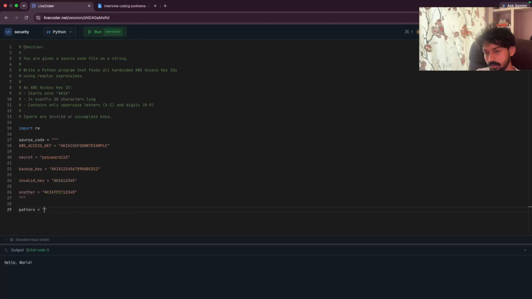The pattern starts with AKIA, and it says the key is exactly 20 characters long. So this is 4 characters. The remaining 16 characters are supposed to be uppercase letters and digits. We'll set it here, and we'll set a bound here that the word needs to end there. So that's the pattern. Now we are going to search for it